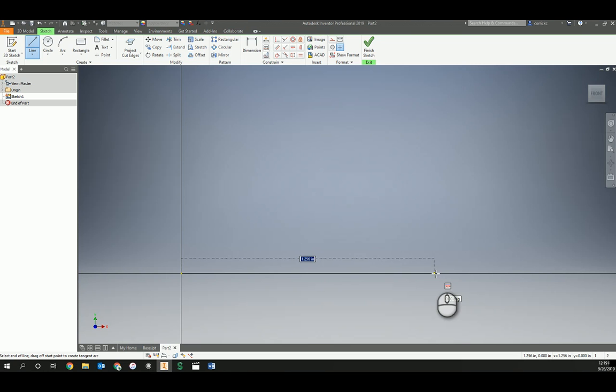Now I could try to freehand this to get 0.625, and I might even be able to do it, but it's just going to frustrate me as that's hard to do. So what I'm going to do instead is just type in on the keyboard 0.625, and when I hit enter, it's going to dimension this line and force it to be 0.625. Now I'm going to go ahead and finish drawing this, and I'm just going to make a series of lines,